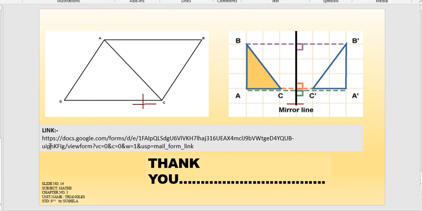Just remember all those theorems, how and where to apply them, and try to practice your practice set also with that information. On your screen you can see a link also. In this link, regarding whatever we have discussed in the activity, there are certain questions you have to fill in and submit. You will get this link from your respective teacher. Till now we have completed part of the chapter, and in the next class we'll see another part of the chapter in a detailed manner.